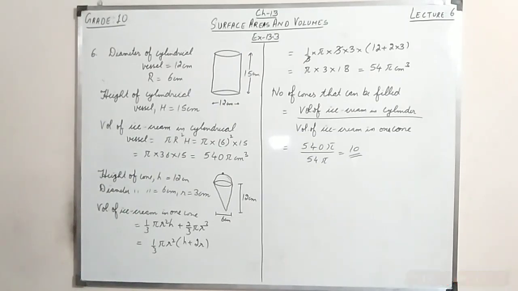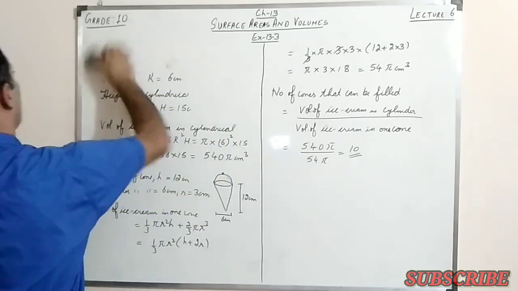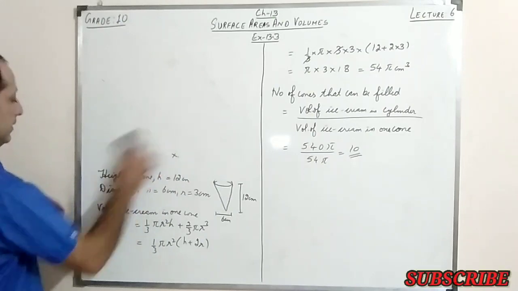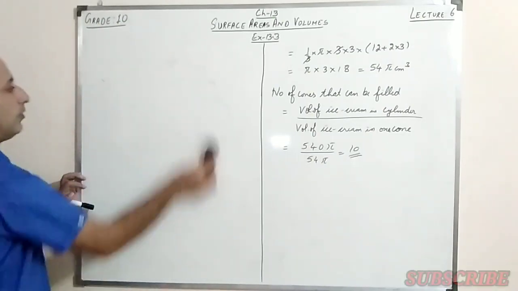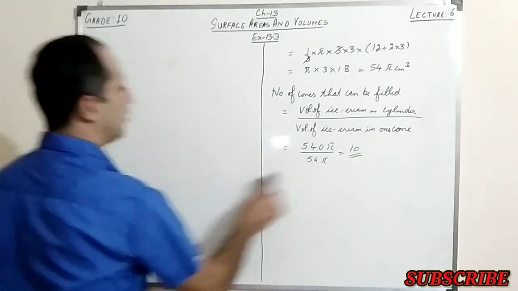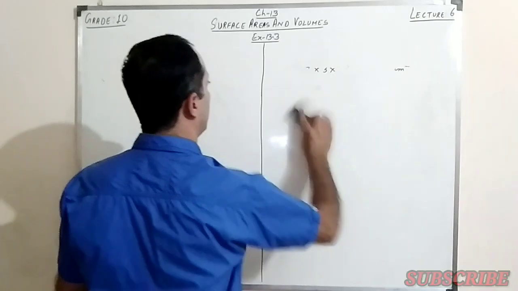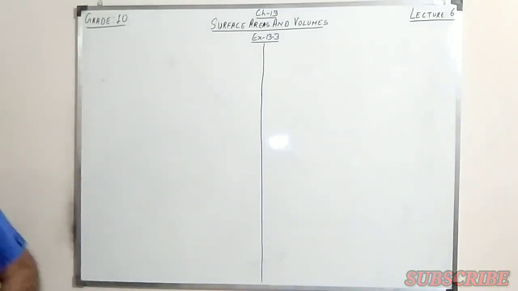In the next question they have asked, what they're doing basically, they are taking the silver coins and melting the silver coins to form a cuboid. Obviously what we require is the number of coins required to make that dimension of the cuboid.